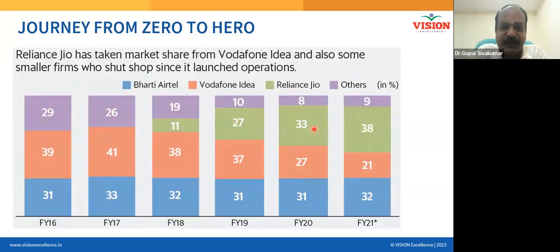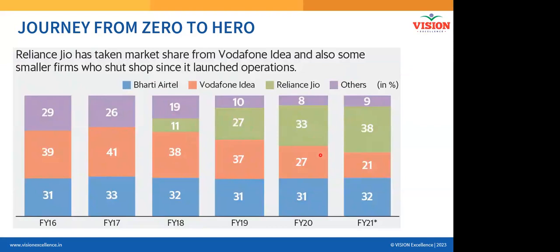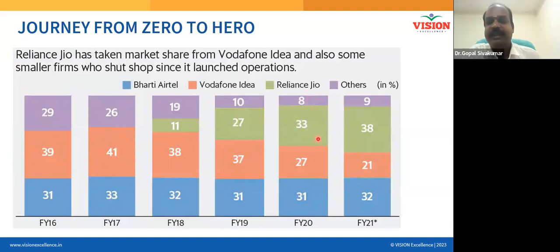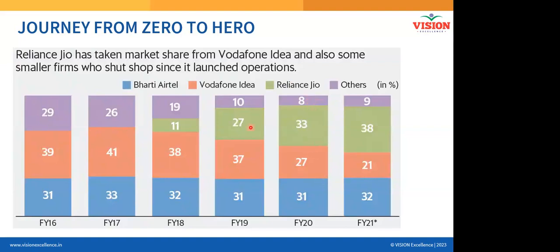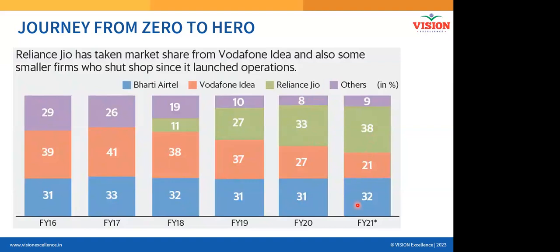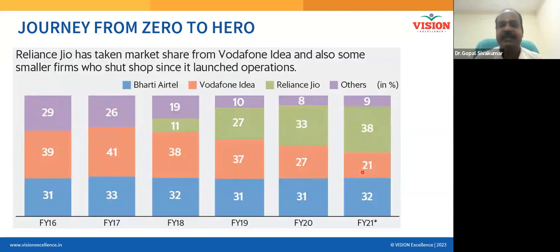Where from all of these have come? Some of them have come from other players, Vodafone and Airtel. Now, in competition, Reliance Jio has become the real number 1 market leader, and they continue growing. Can you see that? Somehow in the race, Airtel survived, almost the same 30-32%, right?